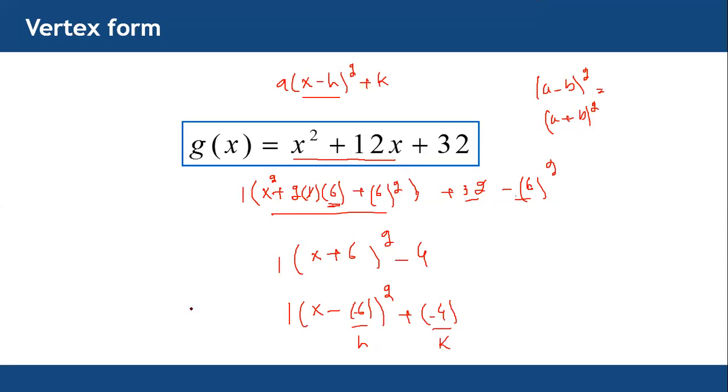So what will be the graph of this function? Both x and h are negative. Which quadrant shows both negative? It means the third quadrant, where x is equal to minus 6 and y is equal to minus 4. So this point. Now, what is the value of a? Positive or negative? If a is positive, the parabola will open upward. If a is negative, the parabola will open downward.